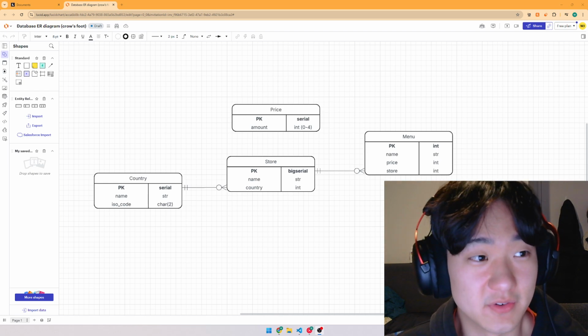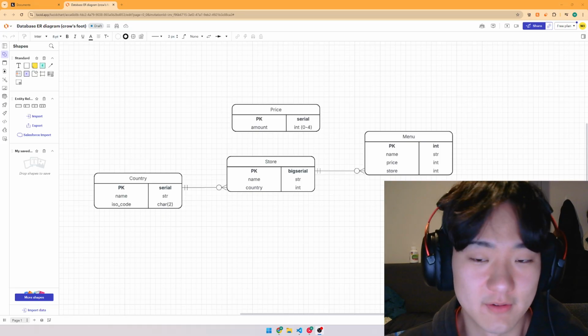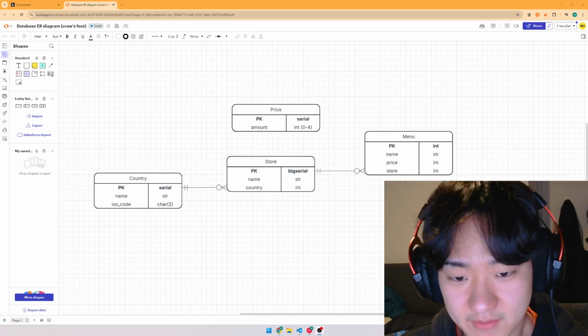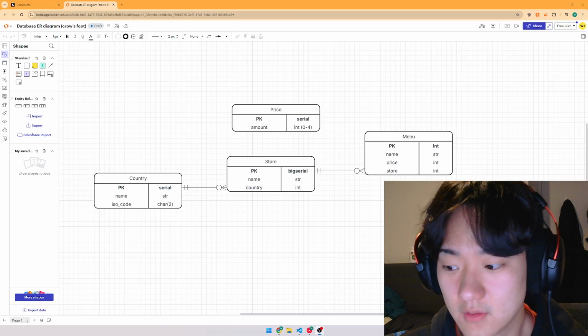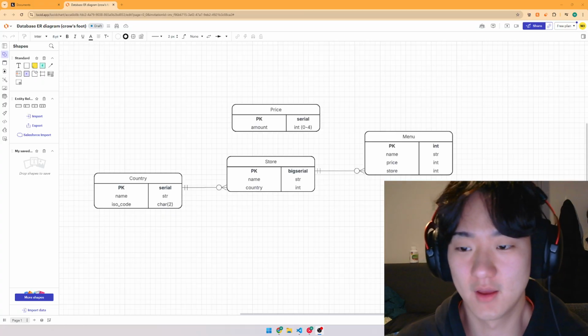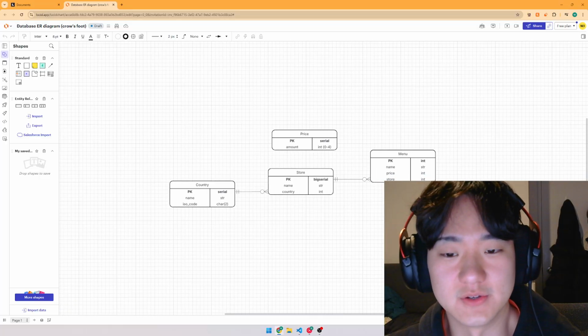Today we'll be doing episode 4 of our database ER diagram of our Yummy app. So we're gonna continue where we left off last time, and it's gonna be around our database schema mapping. One of the things that I was thinking that we could do is we could have